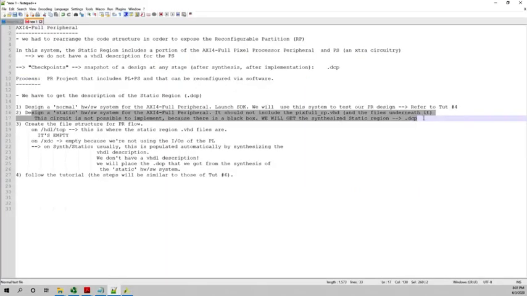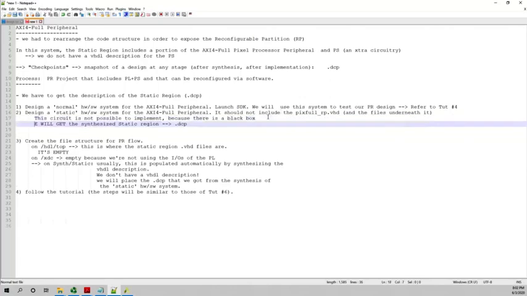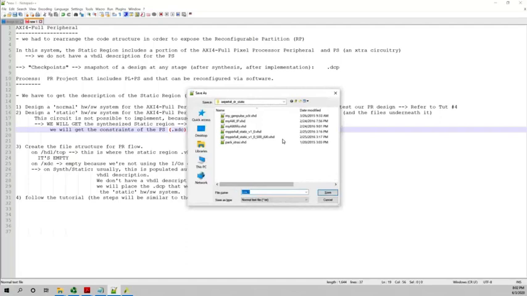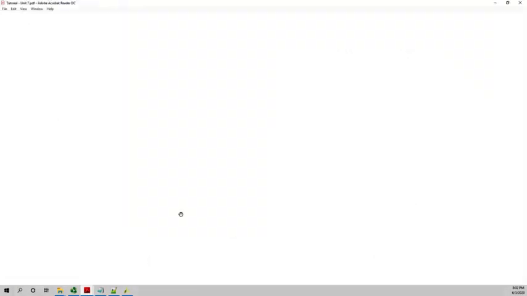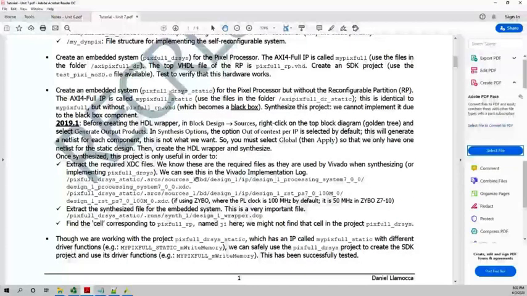So in this step, of course, what do we do again? We get, let me just make it clear, we get the synthesized static region, right, and then also we will get the constraints of the PS, okay, which is an XDC file. You have to get those files, okay? And that is all. To do that, of course, you have to finish the synthesis, okay? But once you do that, I will tell you what to do, because in this particular project, of course, I already have